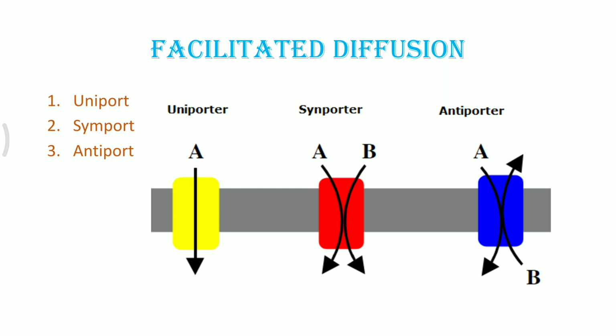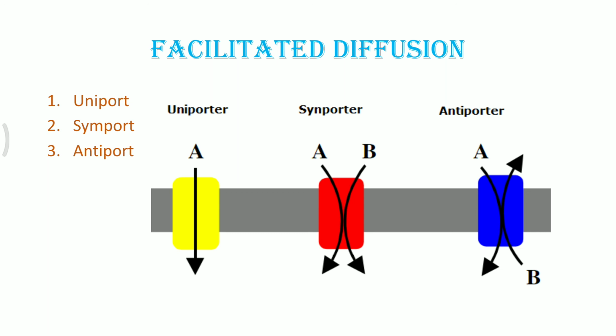Symport is a condition in which one substance or two substances, both of them, are going inside. And antiport is an example of the sodium potassium pump, where one substance comes inside the cell, whereas another substance is leaving. So they are antiport. The example is the sodium potassium pump in case of antiport. Symport is glucose molecules. They are always moving inside the cell, and rarely going out of the cell because they are to be utilized in order to produce energy.